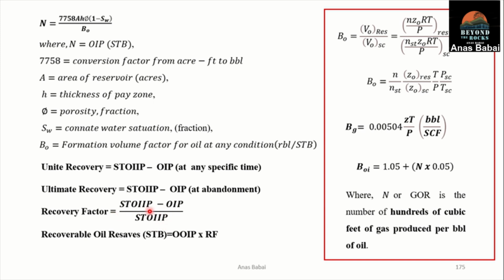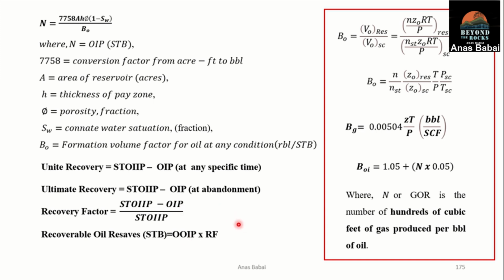So it will always be less than 100%. It should be a ratio. So for example, maybe we have taken 50%, we have taken 40%, and so on. And as we said before, most of the time the maximum recovery from hydrocarbon is 40% to 50% maximum